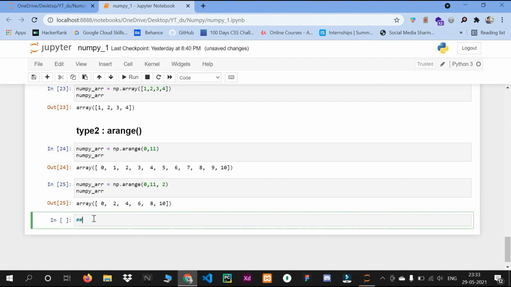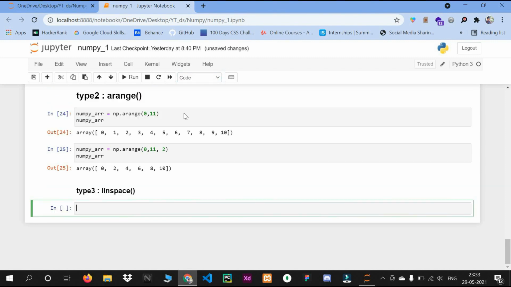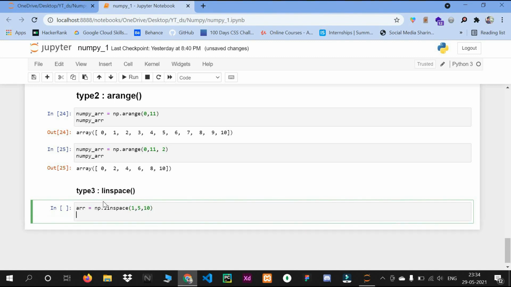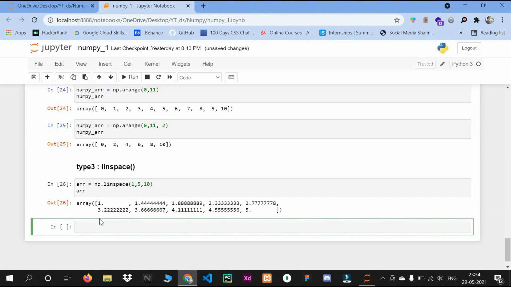And the third one is type 3, using linspace, not line space, it is linspace. First I will write one example and then I will explain. np.linspace, and I will pass 1, 5 and 10.